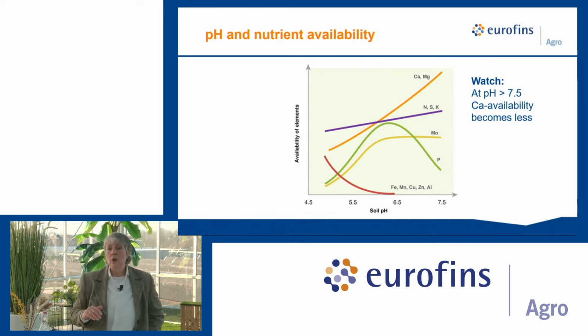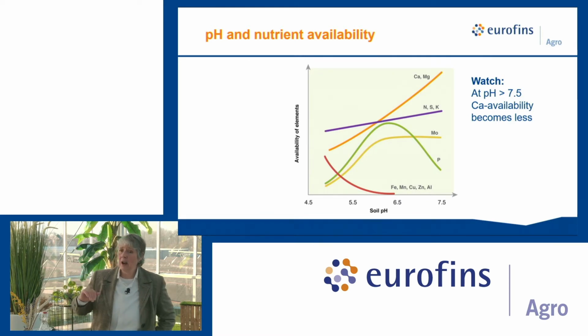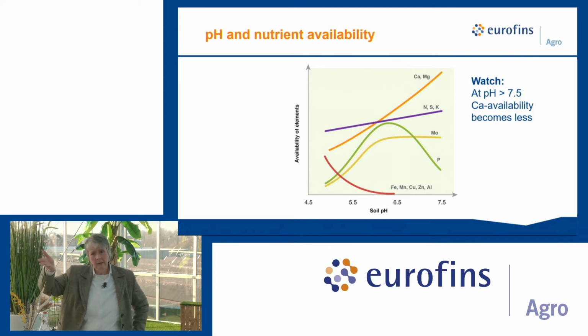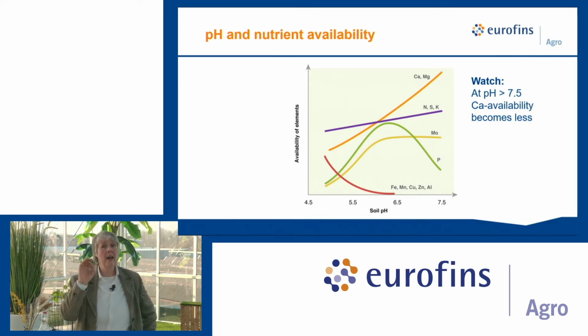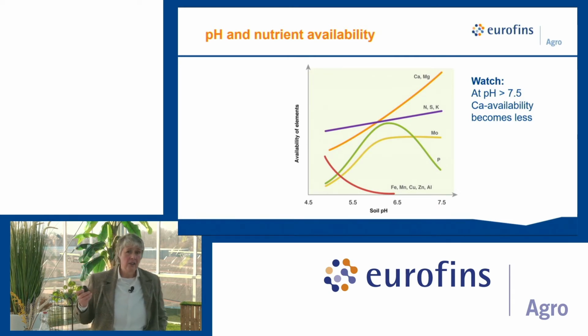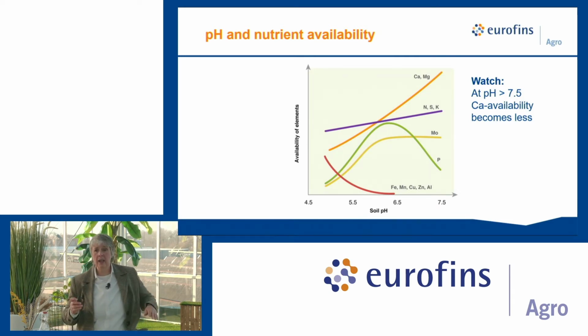There's one thing that shows up, which is the calcium magnesium. It's the orange line, and it seems to be going up and up and up. That's not true. Above pH 7.5, calcium and magnesium will bind with the phosphorus and will thereby decrease in availability. So the pH is very important that you keep that in the right